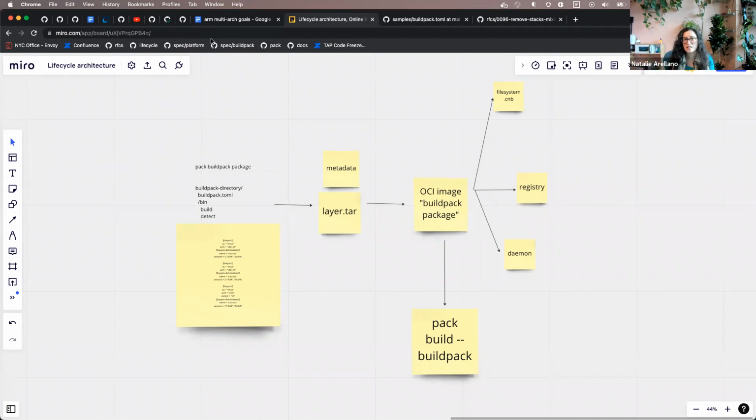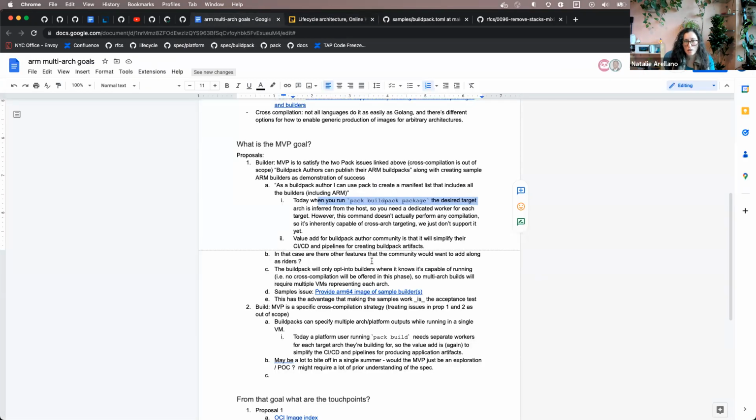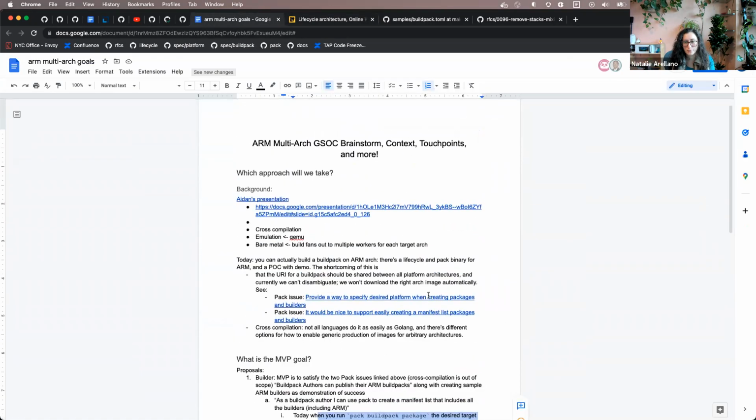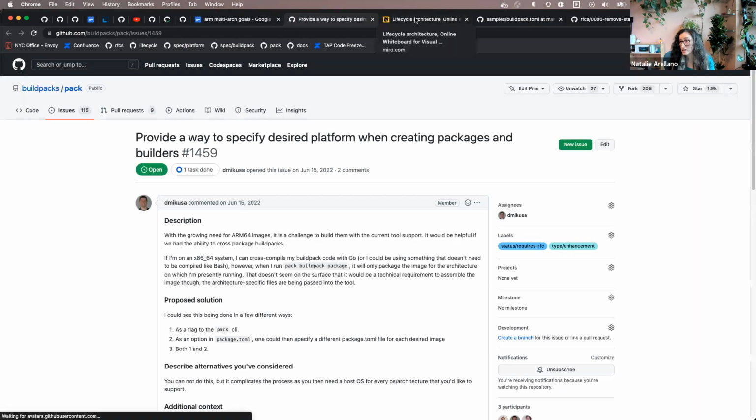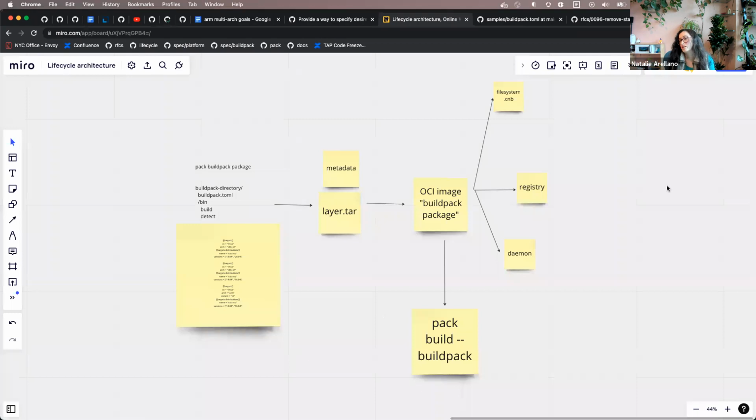And if we do this thing in pack, providing the desired platform when creating packages, then you don't need different machines, because you can just put the desired platform in at each step of the process. You'd still have to run compile twice. You wouldn't have to have two machines, but you'd have to run compile twice with different compile flags.